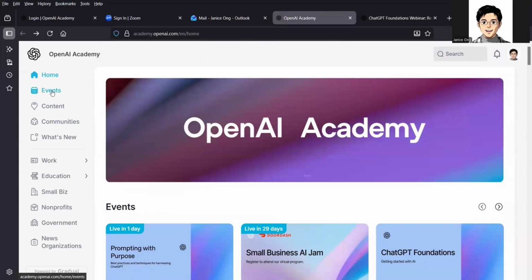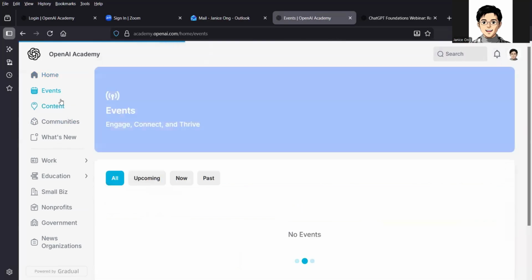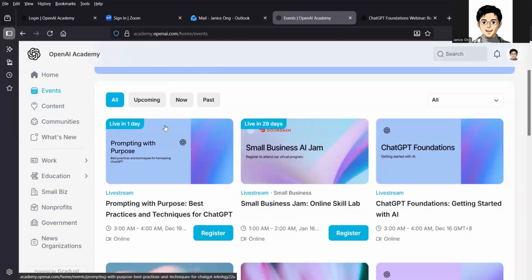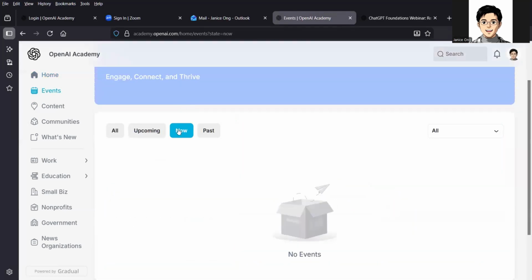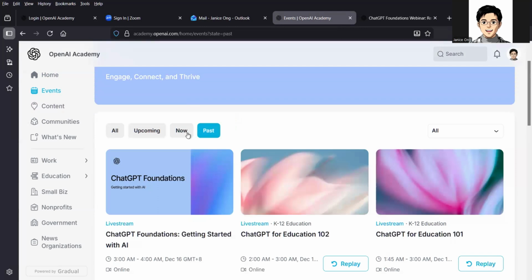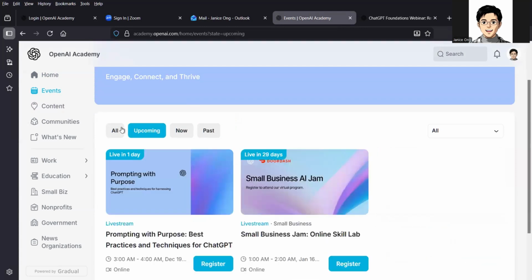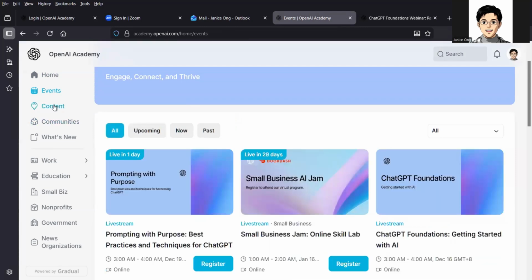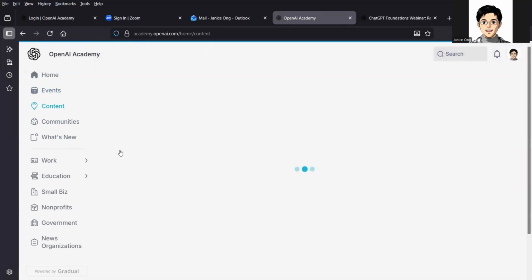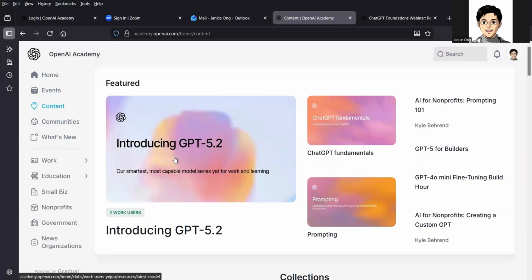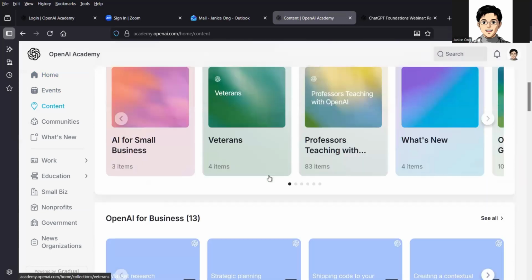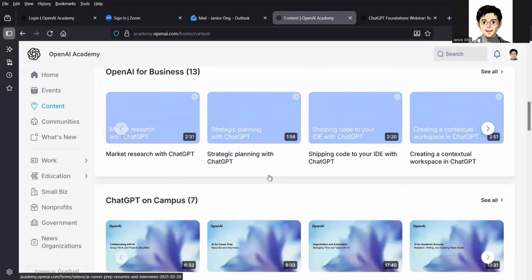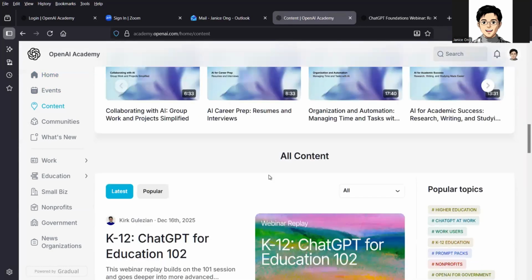Okay, let's look through the menus here. Events: ongoing, upcoming, now, past. Okay, upcoming. Or then content. Yeah, this one, featured. Prompting collections. AI for business, campus.